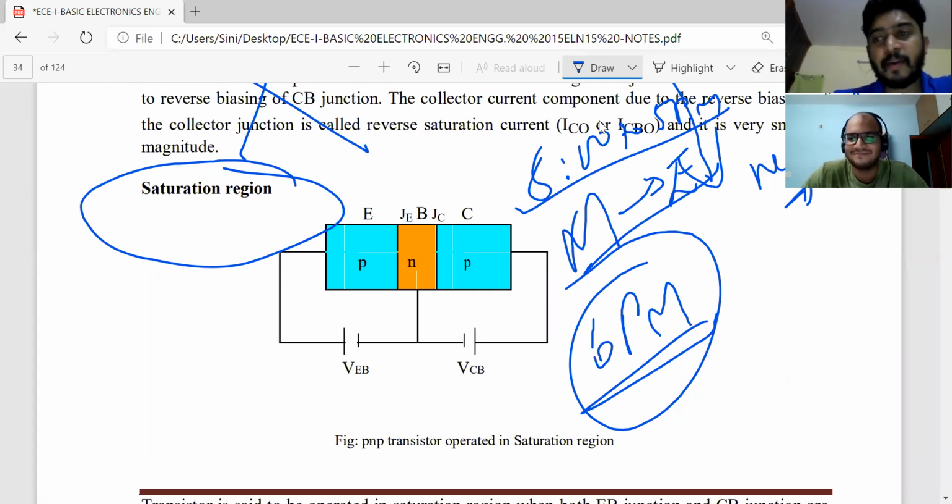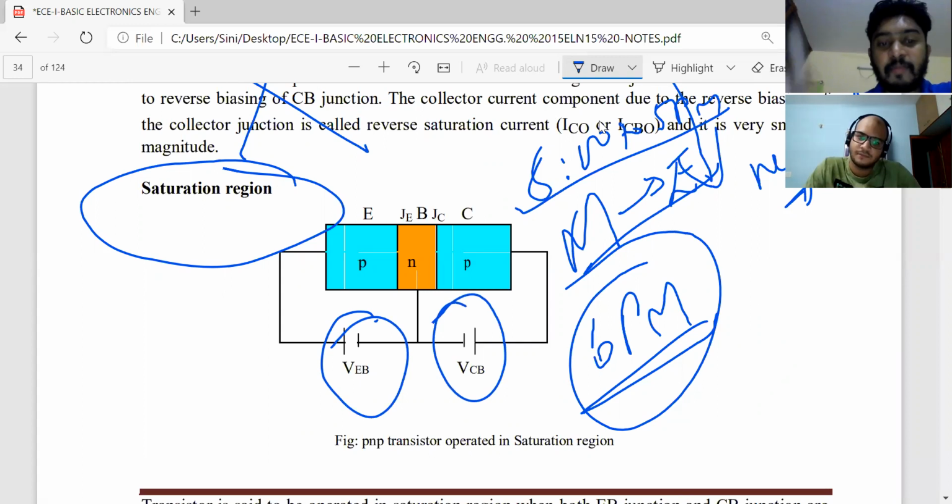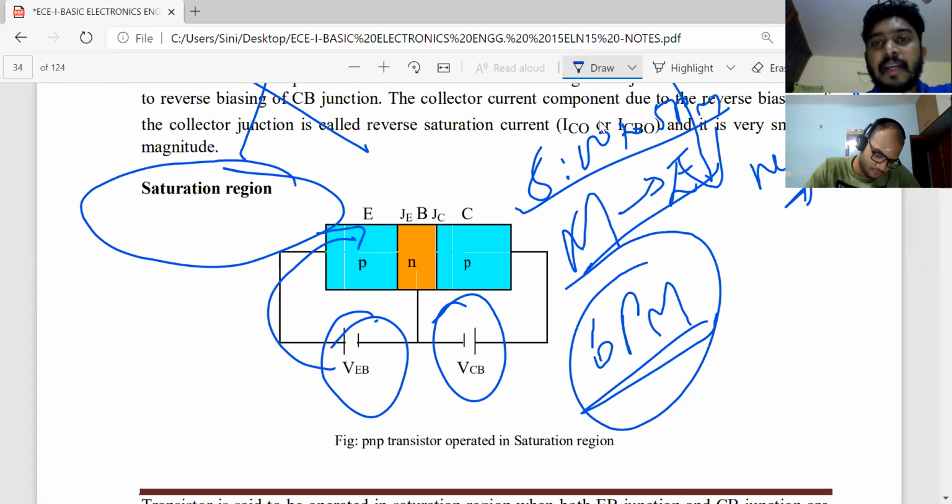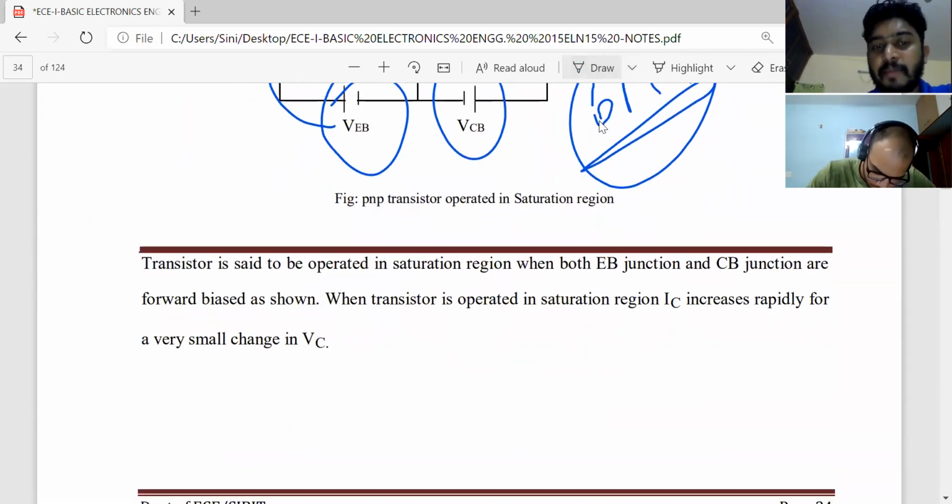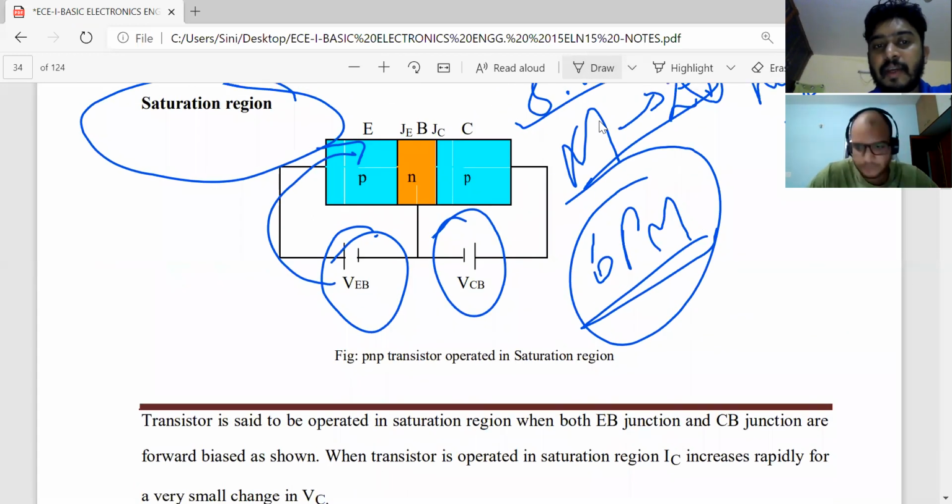That is nothing but saturation region. In the sense, no matter how much I increase the emitter base voltage or the collector base voltage, the current in the transistor doesn't increase, or the operation of the transistor doesn't improve. It is saturated. So we have to remember our own personal example. You got the point?